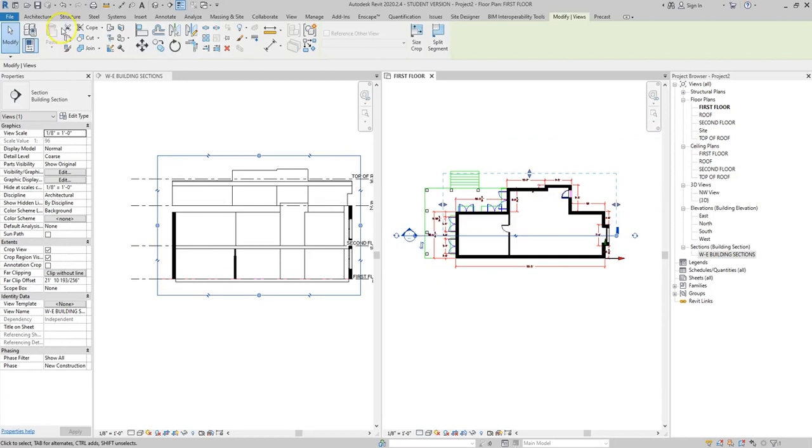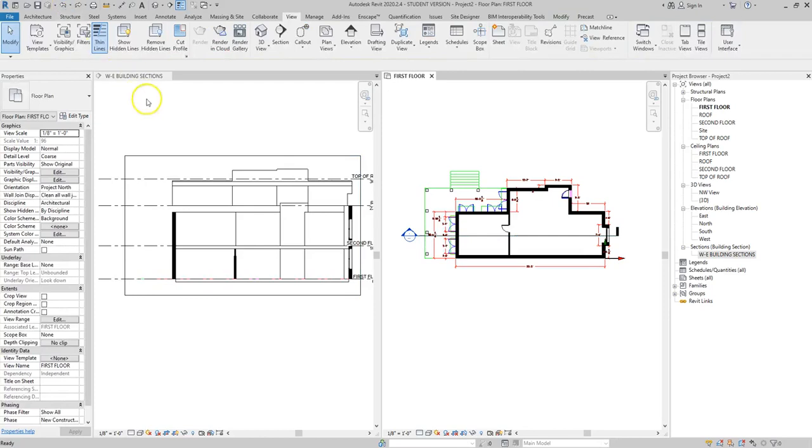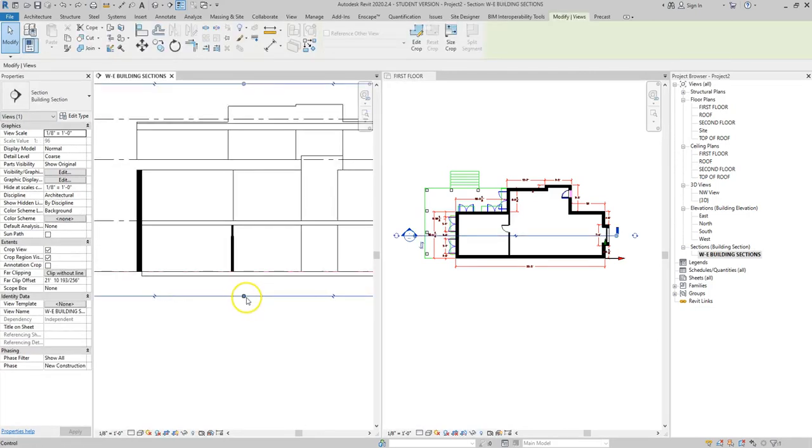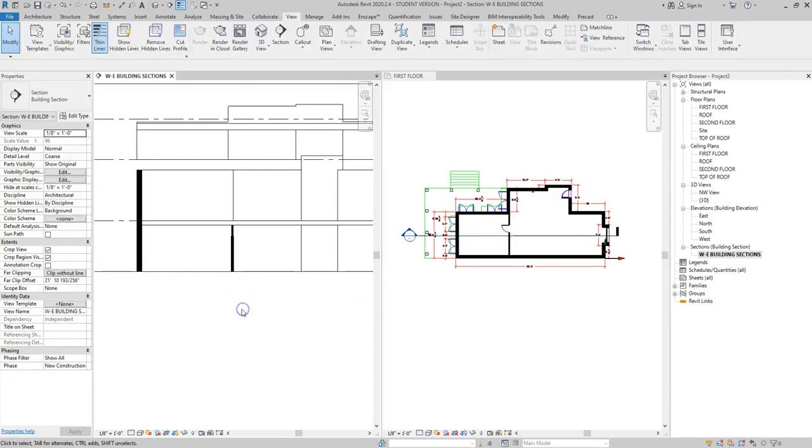So what I'm going to do is go up to the top, and undo the change of that crop line. And what the crop does is it actually crops a view. So you notice here that we have our floor slab below our first level, but our first level could be the ground plane. So what I can do is click on that,